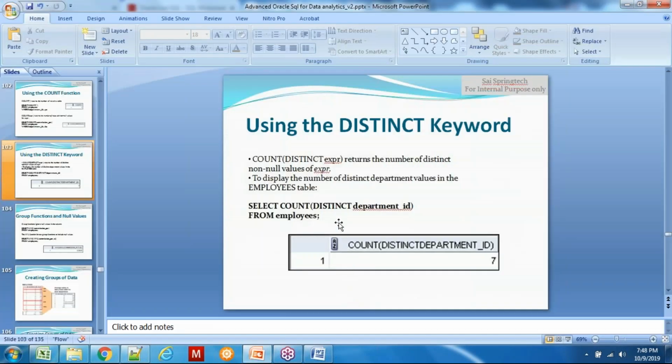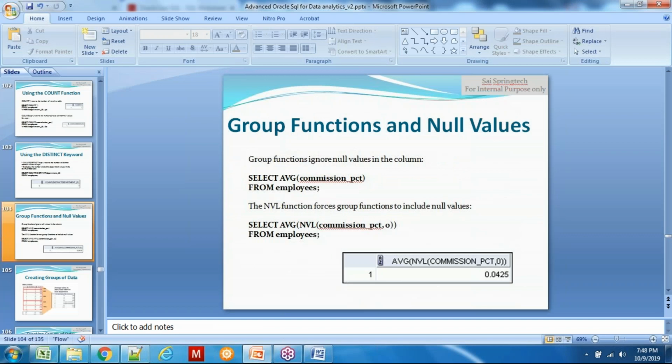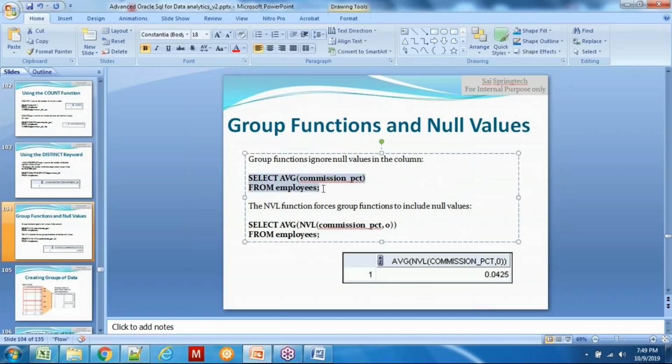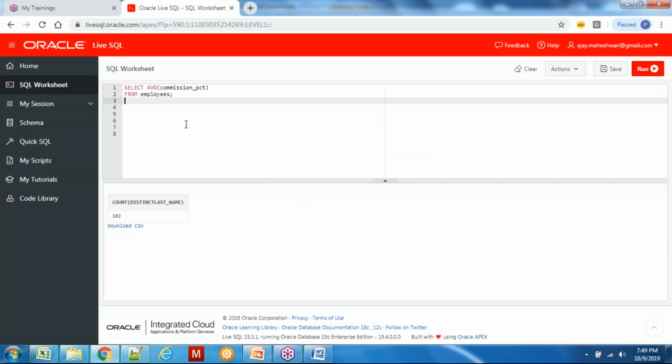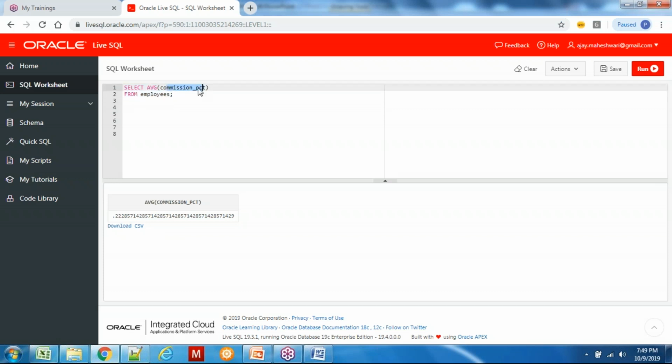Okay. So let's move on to the next one. Now, group functions and null values. Here we have already seen how group functions ignore null values, right? So let's see what happens when we run this. When we run this, we are getting the average commission percent of 0.22, right? Because what I'm doing is saying average commission percent, and it ignored all null